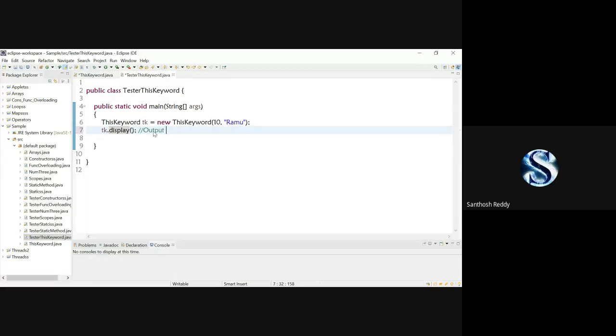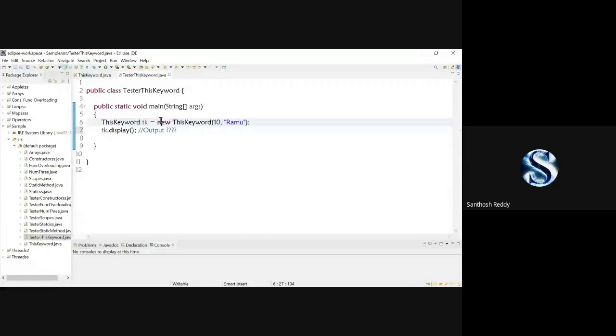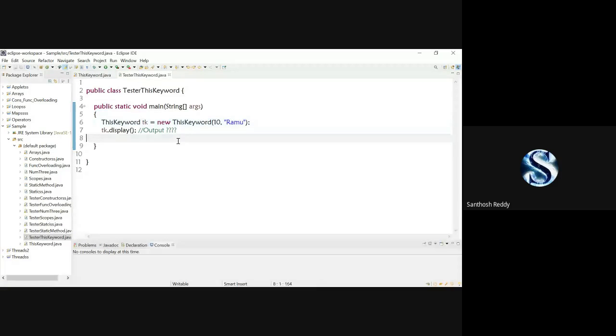What is your output? I want responses from all the students. If you're sitting blindly, I'm not going to accept it. Tell me, what will be your output when I execute tk.display?